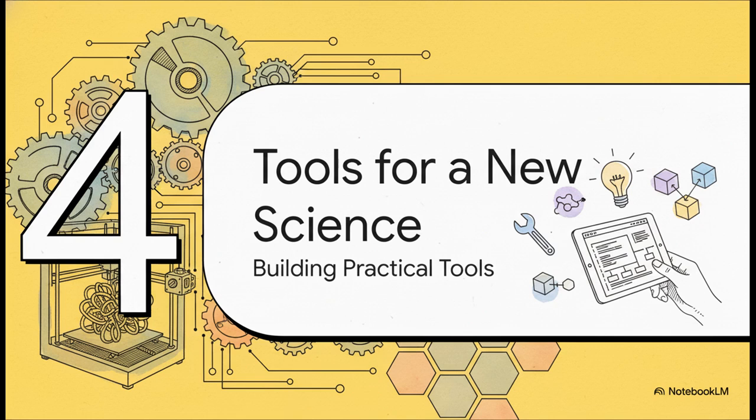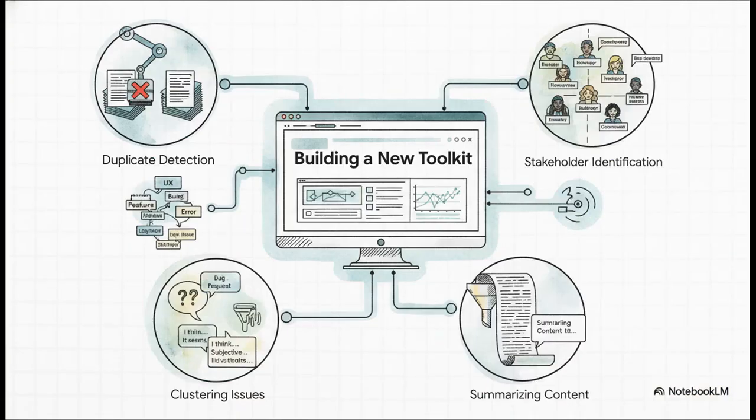So to do that, this new team of researchers couldn't just sit around and write academic papers. No way! They had to build things. They had to create actual practical tools that they could put right into the hands of the people writing these regulations. So they started breaking the big problem down into smaller ones. Could you get a computer to automatically spot thousands of identical form letters? Or could it figure out who the different stakeholder groups were? What about clustering comments into the main themes? Or even better, could it find and summarize the most important persuasive arguments? These were the real hands-on questions they were trying to answer.